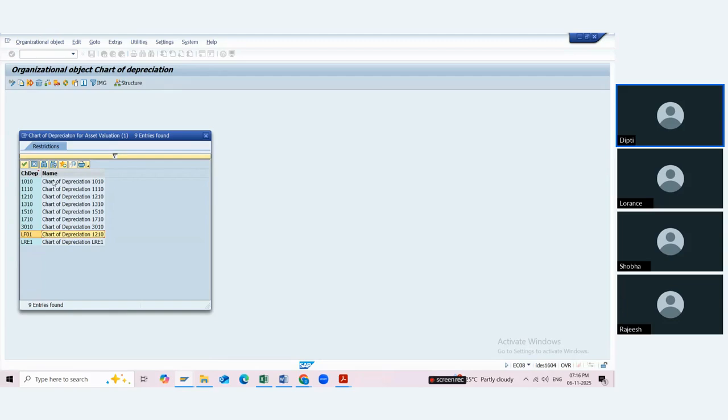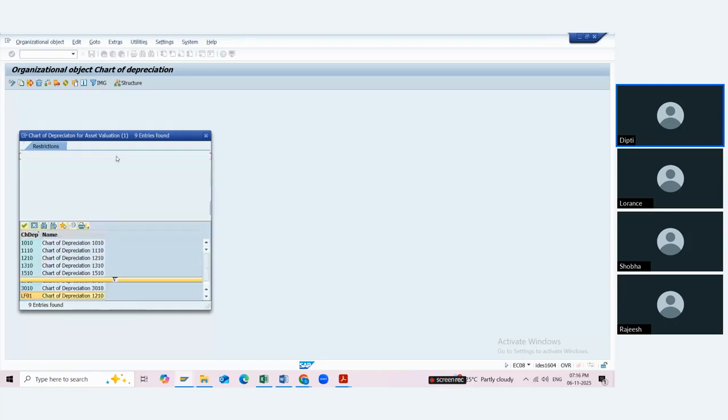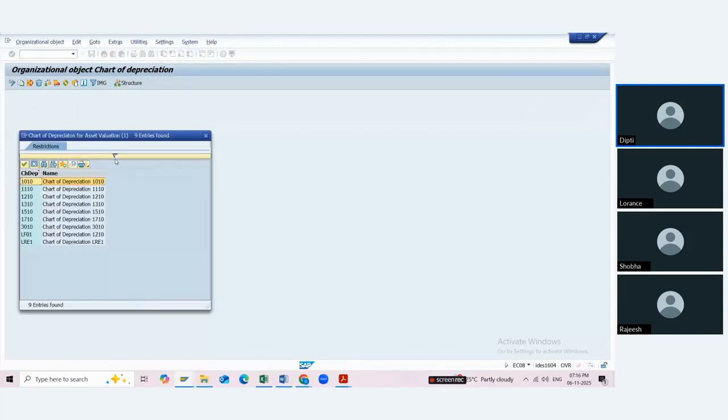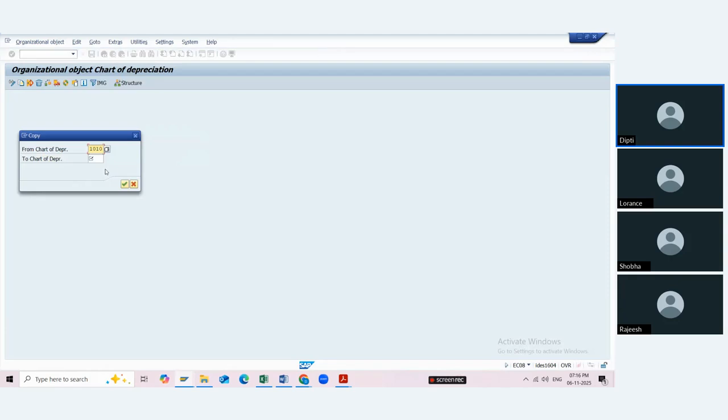If it is for Germany, 0D, 1D, like that, SAP provides us with the setup. But here, I think we have to copy it from the existing one only, because there is no other structure available.